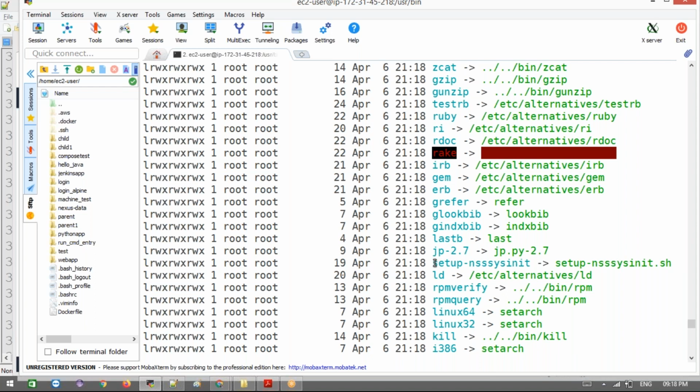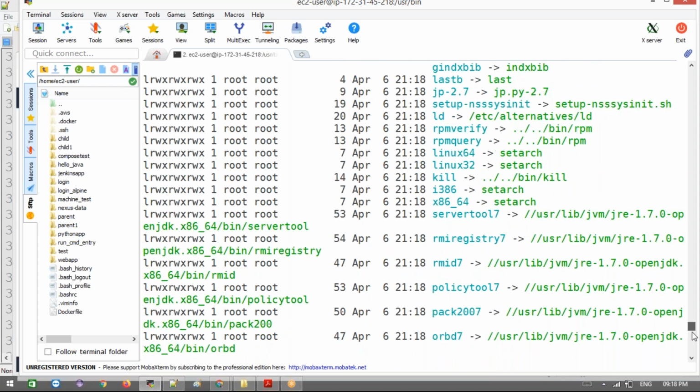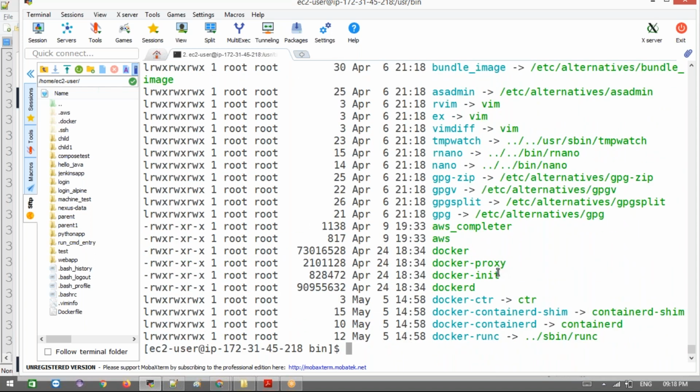Okay, now this means this software is linked with another software here. Now see, gp 2.7 means this is the actual software. When you execute any software on this, it will point to this actually. That's the way one software is linked with another software. This is mostly used at software installation time.